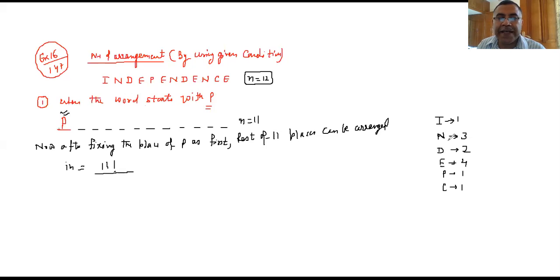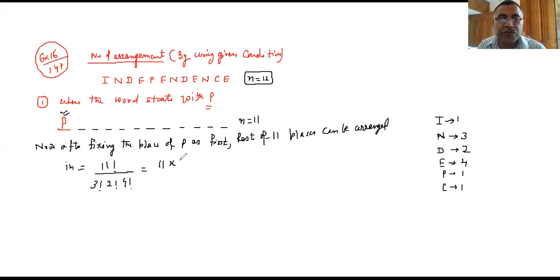Now see, N is repeating 3 times, so I have to divide it by 3 factorial. D is repeating 2 times, I have to divide it by 2 factorial. And E is repeating 4 times, I have to divide it by 4 factorial. So total number of places here is 11. Out of 11, how many are repeating? We are dividing with that. So this is equal to